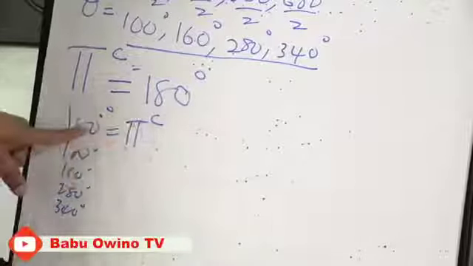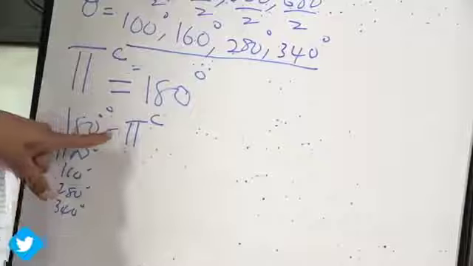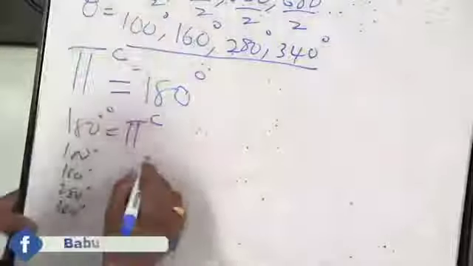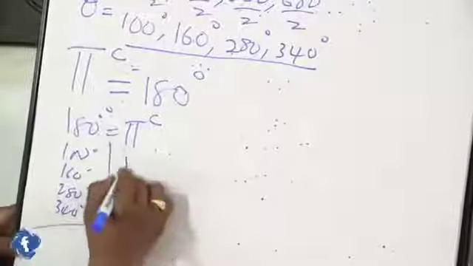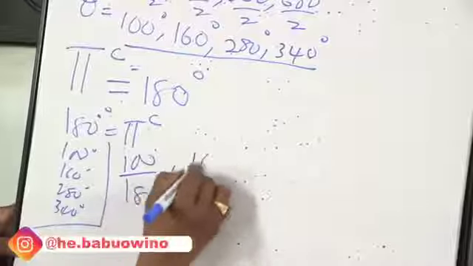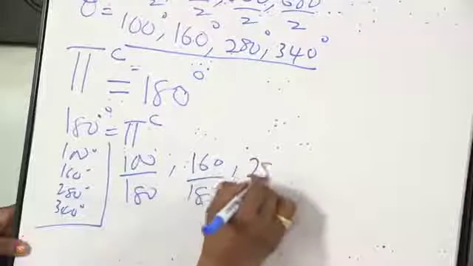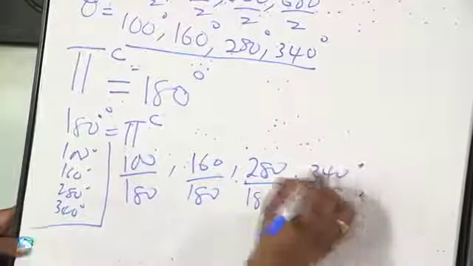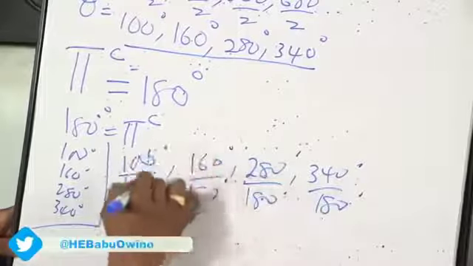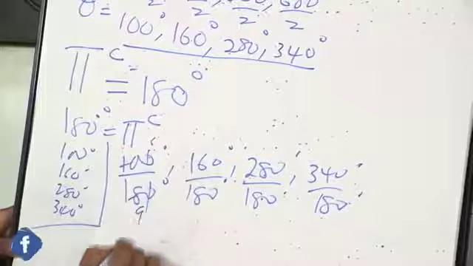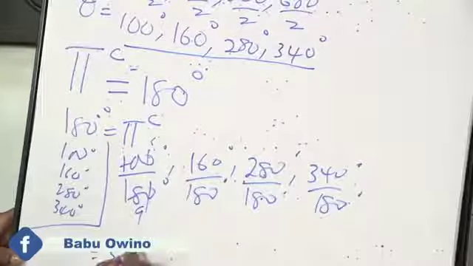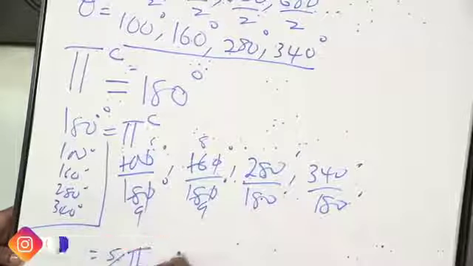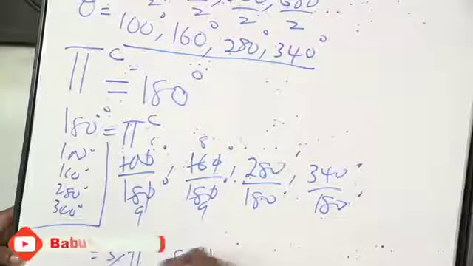160 times pi radians, divided by 180. 280 times pi radians, divided by 180. 340 times pi radians, divided by 180. So we divide all these angles by 180. So we'll have 100 divided by 180, 160 divided by 180, 280 divided by 180, and finally 340 divided by 180. They're in degrees. So when we simplify this further, 2 here 5, 2 here 9. So you get 5 over 9 pi, 2 here 8, 2 here 9, 8 over 9 pi radians,